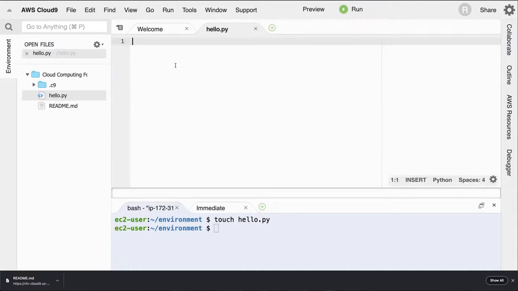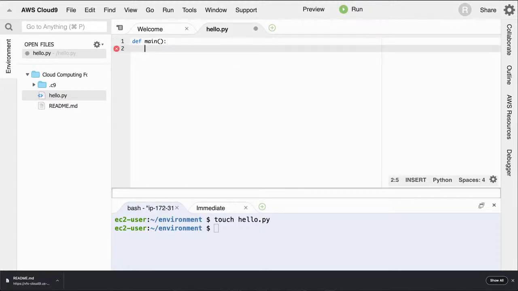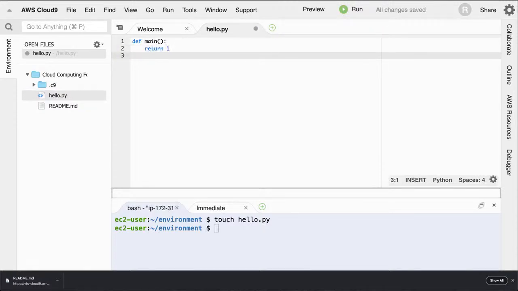And you can see that it's got syntax highlighting, and I could put in some statement, like main, return one, or whatever it is I wanted to do. And it's going to automatically figure out what is the proper syntax of Python. So there's a lot of really powerful features that are included inside of here that give you the ability to directly build applications that are cloud native. And that's the key advantage